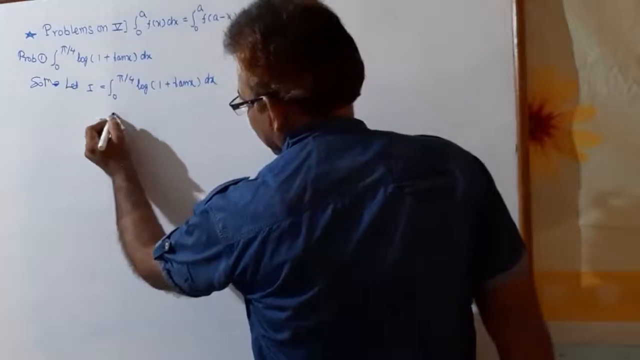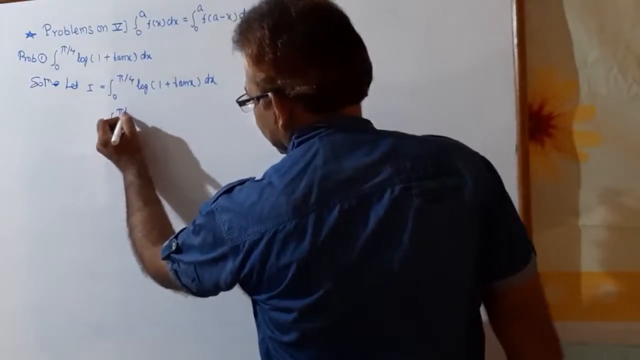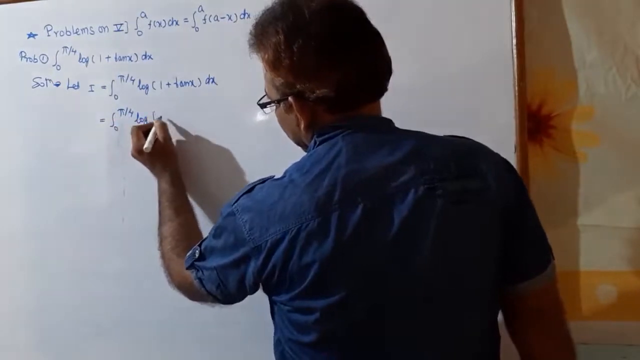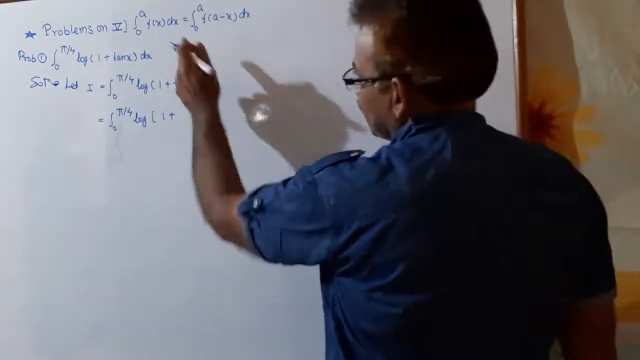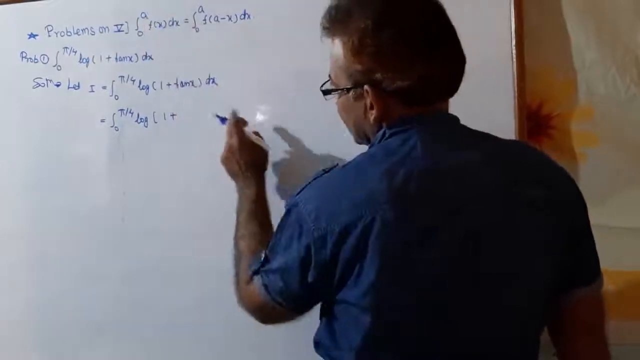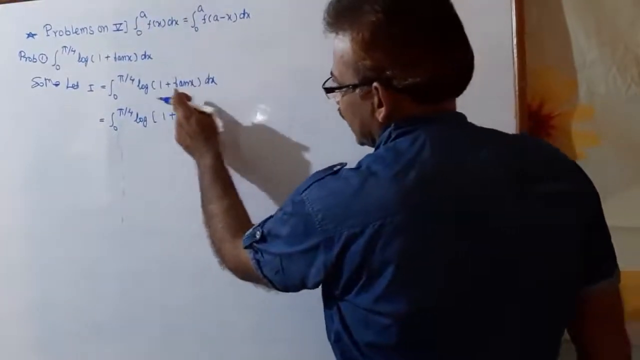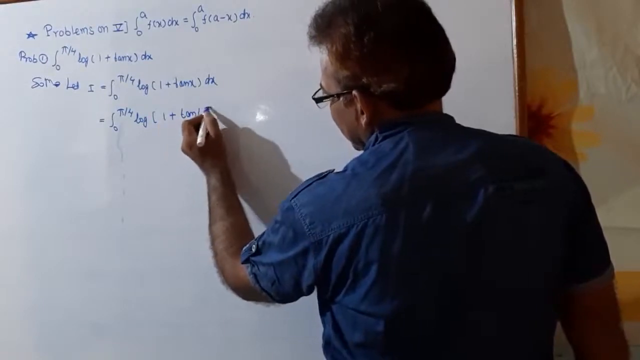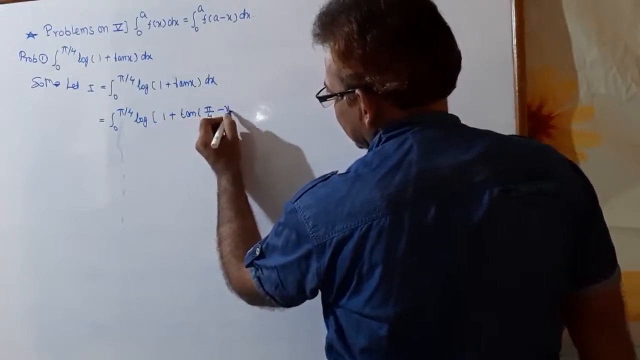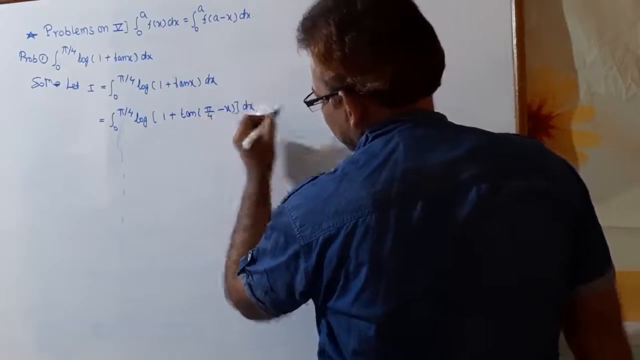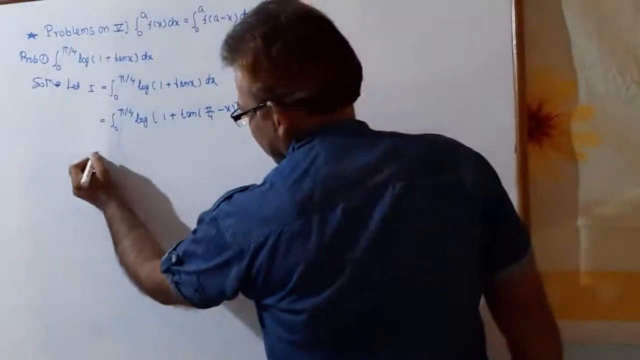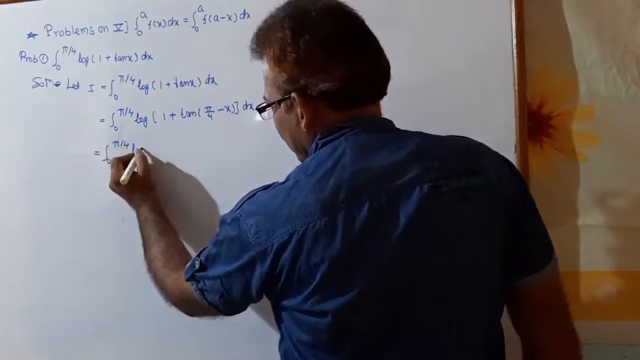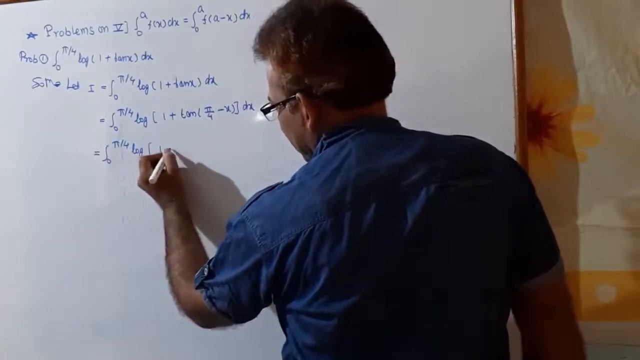So by that, limits same, integration from 0 to pi by 4 log in bracket 1 plus... See the fifth property, replace x by a minus x. We here replace x by pi by 4 minus x. So tan in bracket pi by 4 minus x dx. Simplify this. So it is equal to integration from 0 to pi by 4 log in bracket 1 plus